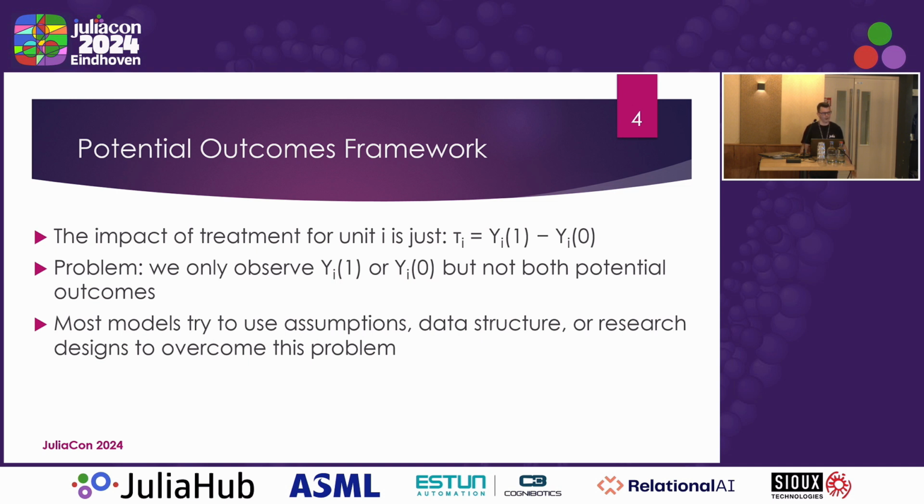So in theory, that's pretty simple, but we have a really big problem, which is usually called the fundamental problem of causal inference, which is we only observe Yi1 or Yi0, but not both potential outcomes. Like if you were doing a study, say a randomized control trial, where you wanted to see the effect of some medication on some disease, and you had a unit assigned to a group that actually gets the medication, but not the placebo group, the problem you have to solve is that you can't see what the outcome would have been for that person had they been assigned to the placebo group, because you can't be in the placebo group and the treatment group at the same time.